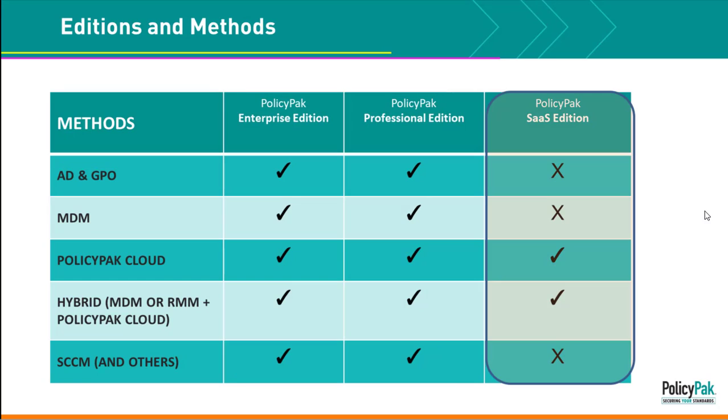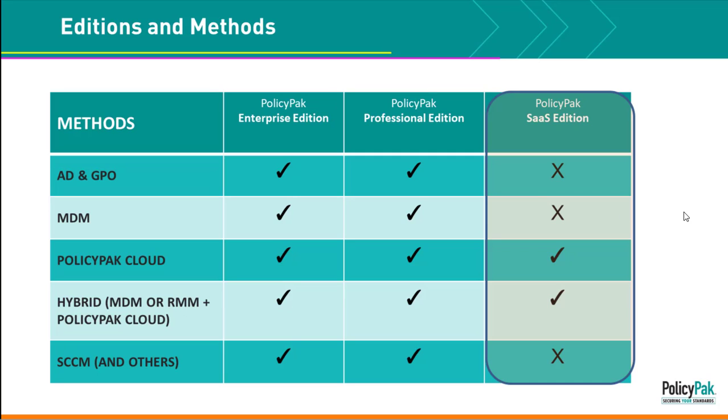Now, if you're a SaaS customer, okay, that basically means you have access to PolicyPak Cloud, but you might also be hitching a ride with something else like an MDM or an RMM solution, and I'm going to cover that here too. So that way you kind of have all your bases covered and understand it all. So don't panic, we're going to cover all this. The only thing you need to know is, are you going to be an enterprise customer, a professional customer, or a SaaS edition customer? And once you know that, then you can dial in and figure out in this talk